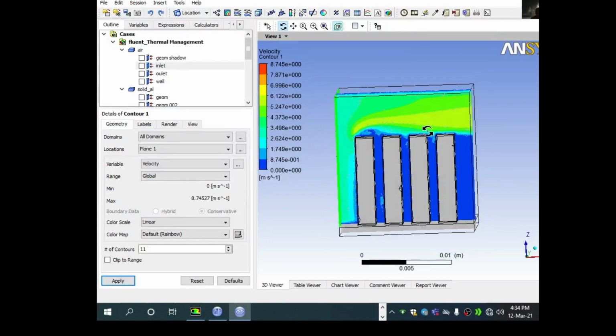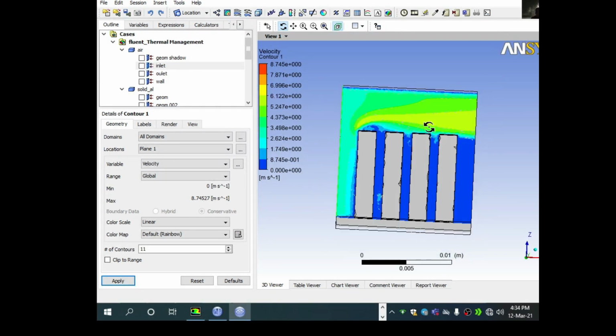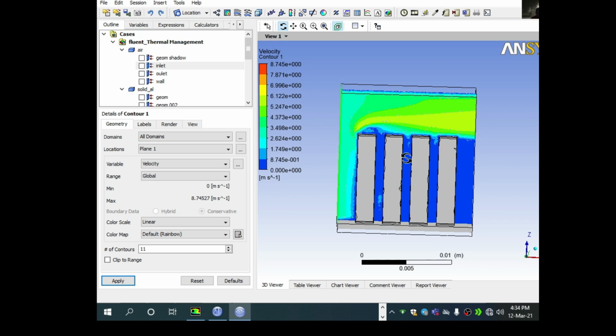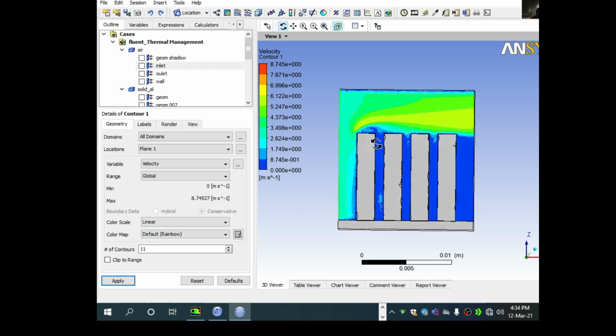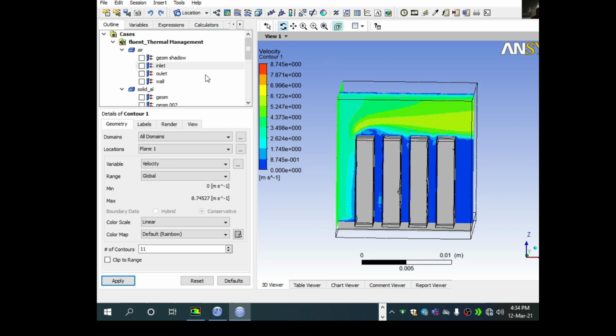And the result shows how efficient it is or not. What happened with the air, whether the air is mixing properly or not, you can see from the geometry. So this is the way by which one can show the results. Then we can see streamlines also.